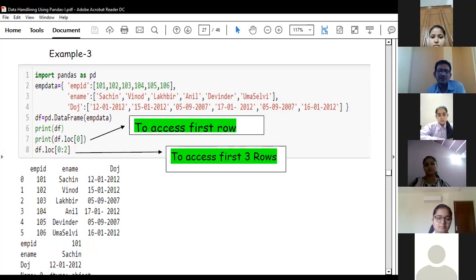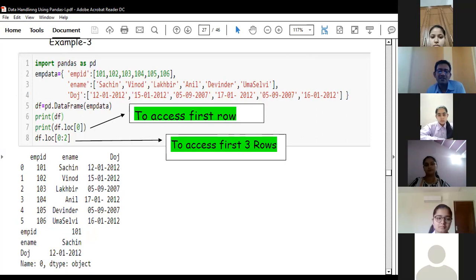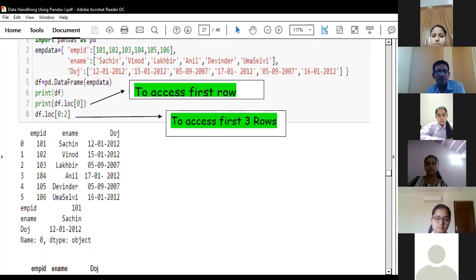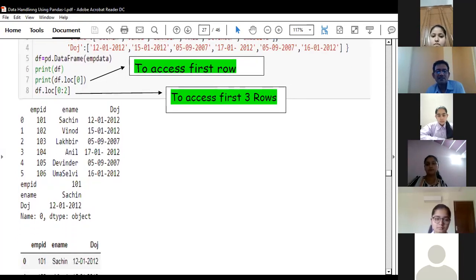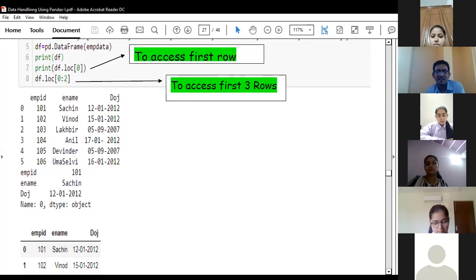So with line number 7, this sort of output will be displayed: emp id, employee name, and date of joining. But when 3 rows are displayed, it is always in a tabular form.